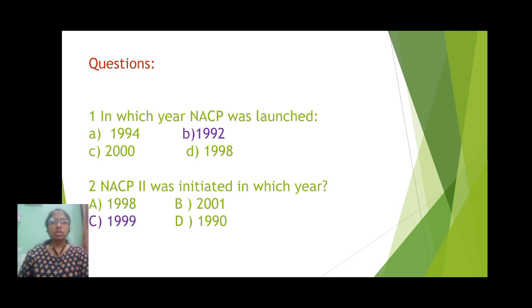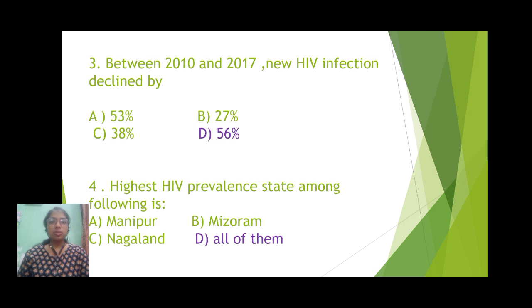Now there are some questions as we learned earlier. In which year NACP was launched? So the answer is 1992. Second question, NACP 2 was initiated in which year? The answer is 1999. Now third question, between 2010 and 2017, new HIV infection declined by